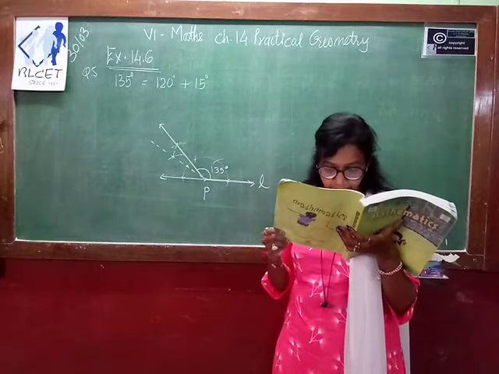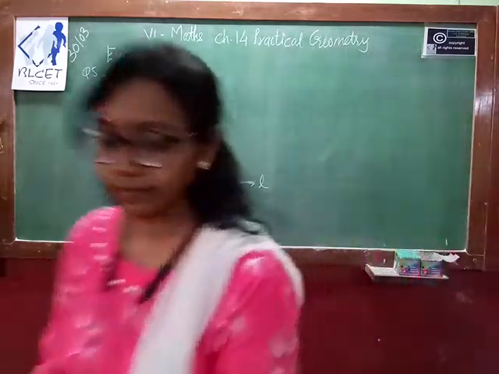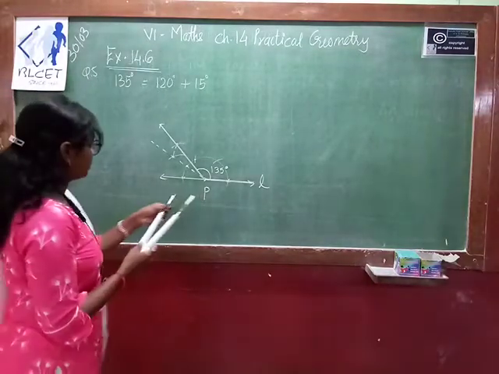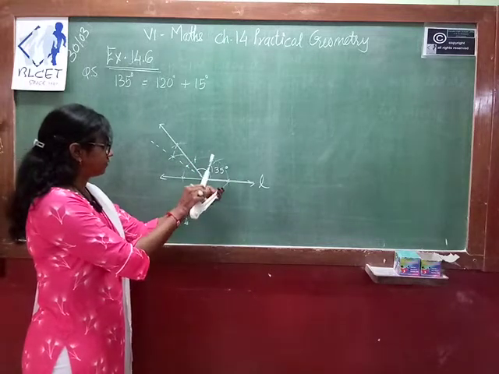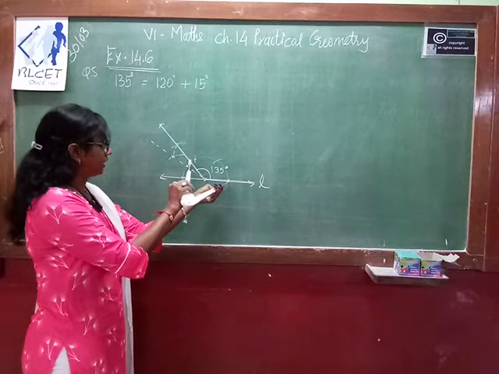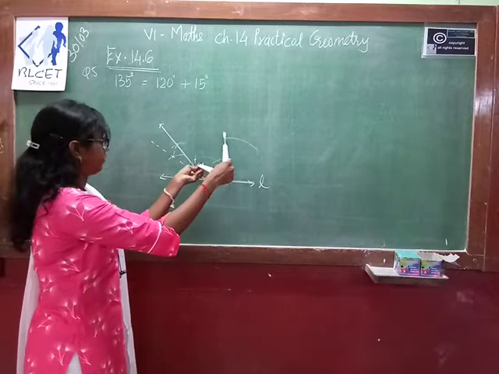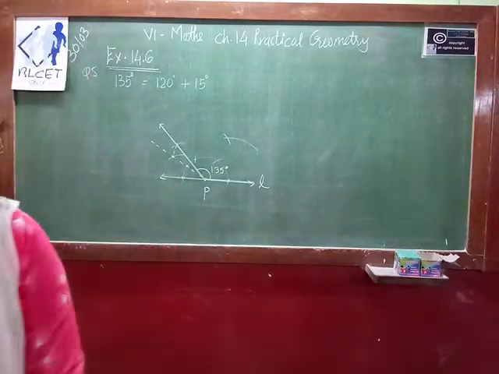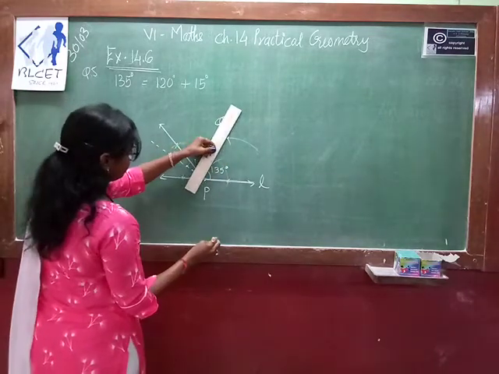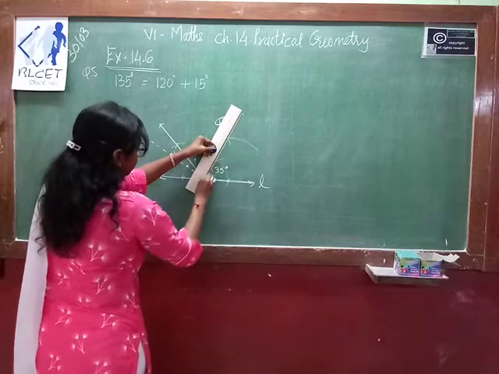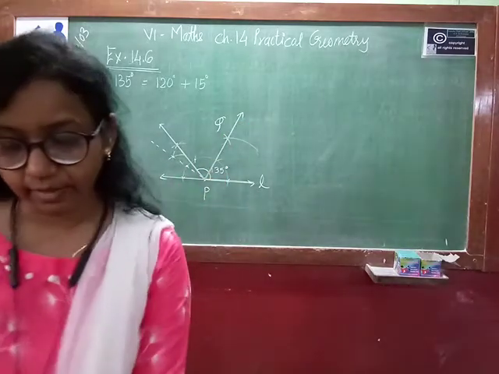Draw an angle of measure 135 degree and bisect it. 135 degrees over here. Let's see how to bisect it. Already the arc is drawn. This one is the arc. Measure the distance. Then bisect it now. Draw an arc from here and from here. Whatever points you get, just join these 2 points. Name it PQ. So this is the bisector of 135 degree. So this way we can bisect.